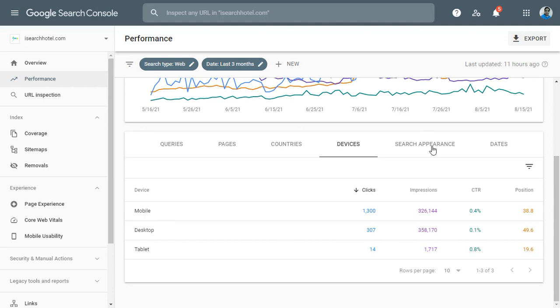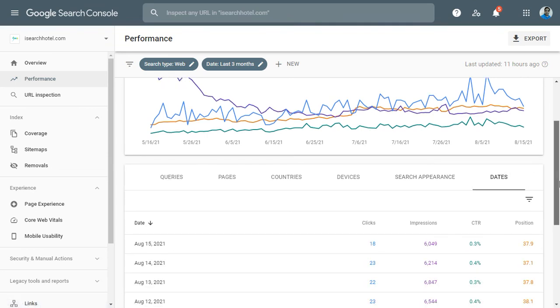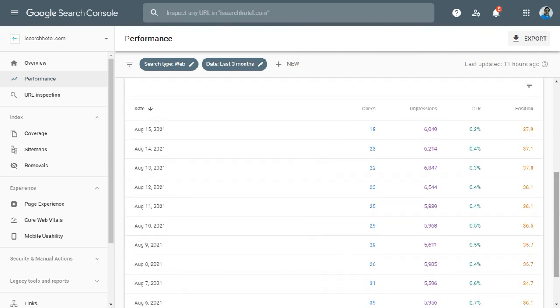Search appearance is another indicator. This tells you about web light results. You have one more report where you can see the dates on which you are getting traffic, or what traffic you are getting on specific dates. You can analyze this report too.